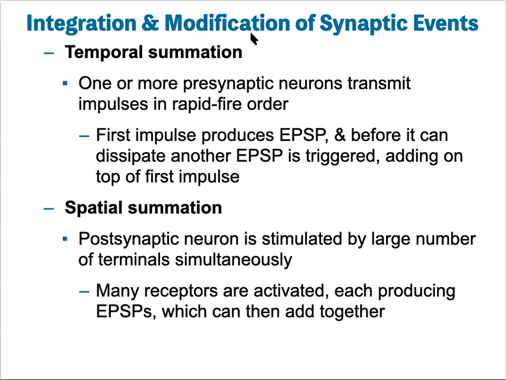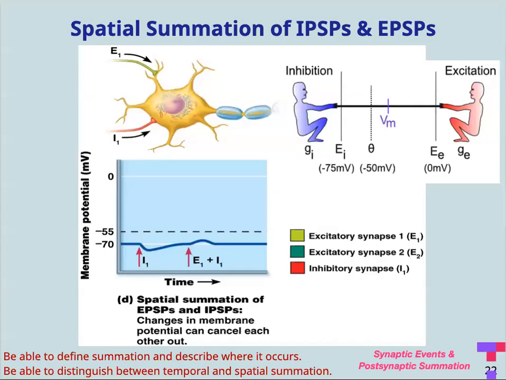This slide summarizes what we just talked about in the previous slide. In reality, with thousands of presynaptic neurons synapsing onto this one postsynaptic neuron, what we really see is a summation of EPSPs and IPSPs coming from these thousands of presynaptic neurons, or generated by the stimulus coming from the presynaptic neurons. And so the overall effect on the postsynaptic cell is kind of like a tug of war between